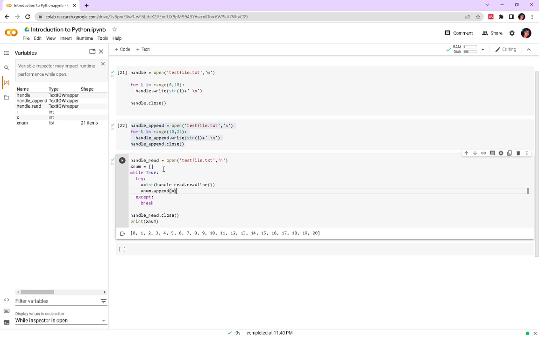0, 1, 2, 3, 4, 5, 6, 7, 8, 9, 10. So yeah, we are able to read the content of the files, so we're able to write, append, and then also